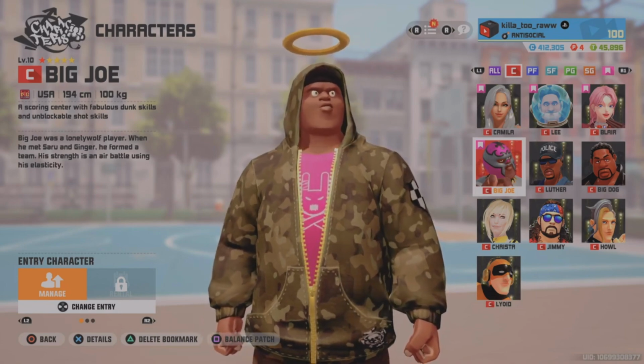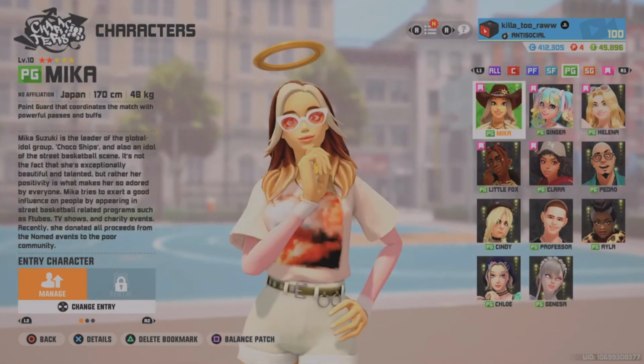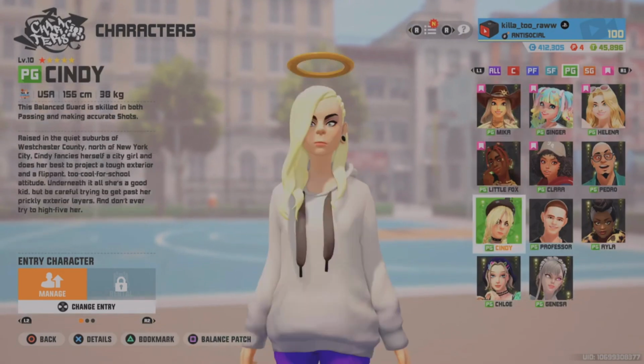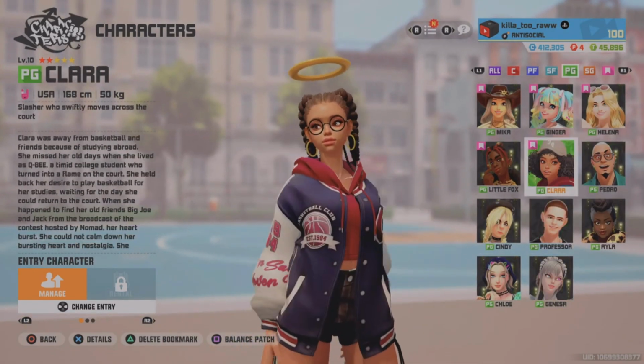They're also very good at shooting, and iamKilla and Big Joe. If you really take the time to build Big Joe, then Big Joe is a good option when it comes to shooting with shooting touch. Now, as far as rebounding, your best rebounding centers